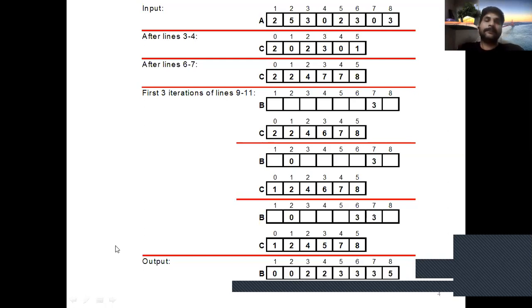We take an example to explain the pseudocode of counting sort. Suppose an input array is given, with length 8, and the elements of the given array are 2, 5, 3, 0, 2, 3, 0. The maximum element k equals 5 in the given input array A. So we initialize according to the pseudocode.